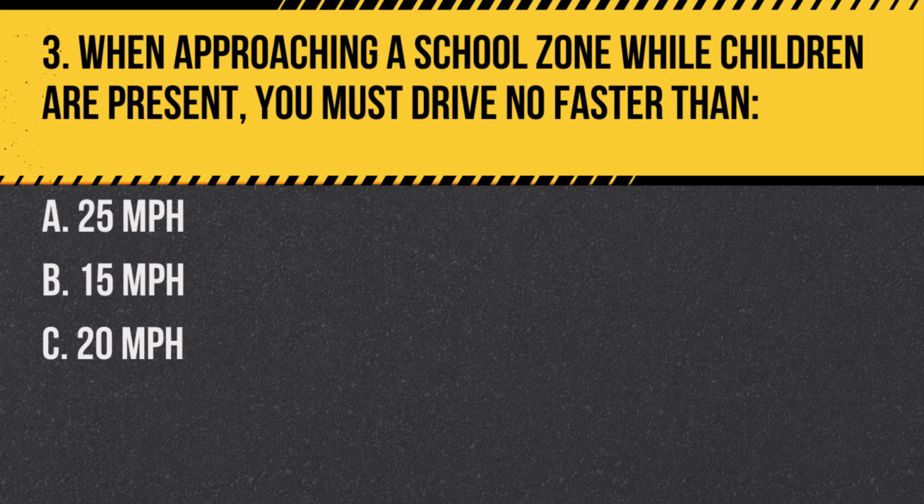Question 3. When approaching a school zone while children are present, you must drive no faster than A. 25 miles per hour, B. 15 miles per hour, C. 20 miles per hour. Answer: A. 25 miles per hour. In California, the speed limit in a school zone when children are present is 25 miles per hour unless otherwise